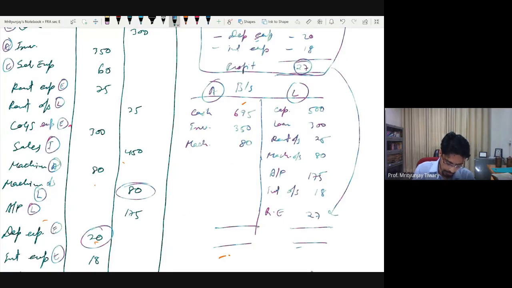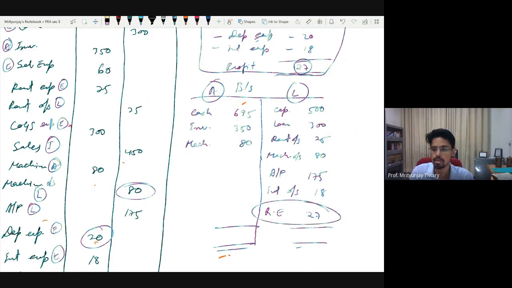If we do the total of the balance sheet now, it has to tally. Because every resource belongs to somebody, and this is the net. That this did not belong to anybody, that is why this belongs to owners. Now, once we have done everything, both the sides have to tally. Let's check. If it doesn't, that means there is some error somewhere. Let's check.